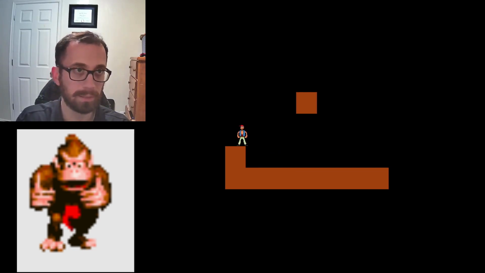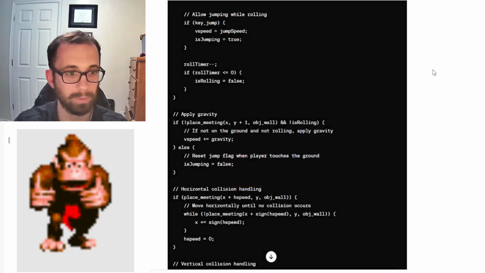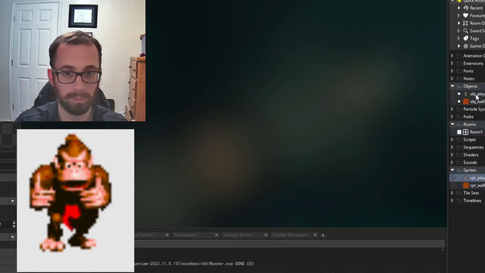was that I've seen this in some other Game Maker tutorials where if you just use gravity and vertical speed, horizontal speed, your character will just slowly fall through the floor. In fact, I can recreate that. If I pull up my code,